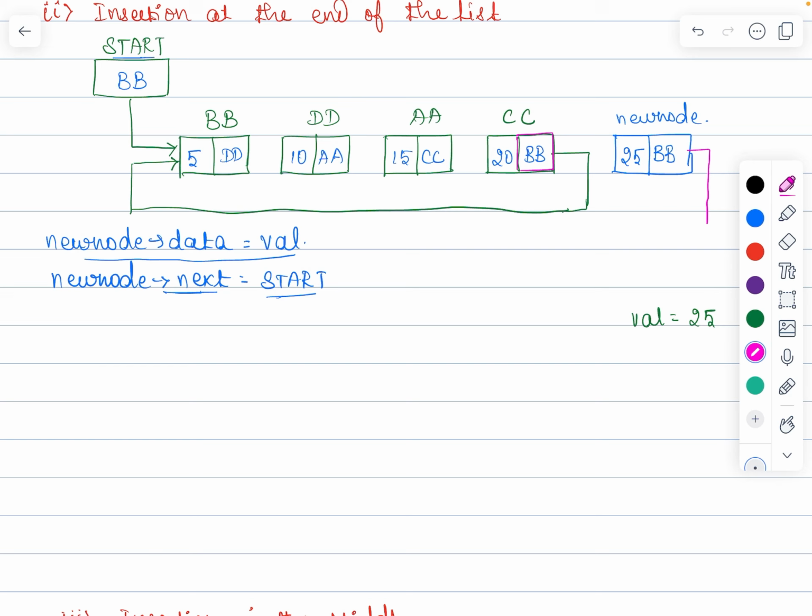Since I have written BB, after processing the new node, it has to move on to the node BB, right? Okay. Now what other operations are pending? Only changing the position of this. The last node's next field must be changed, because we need to enable the connection between these